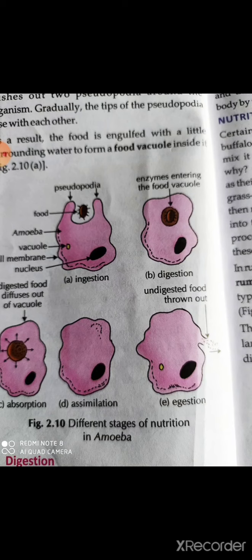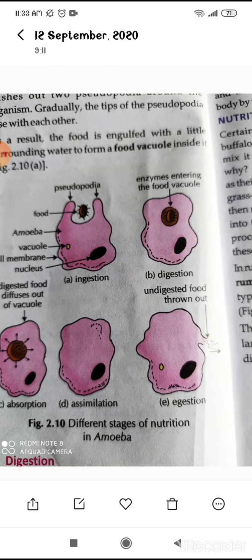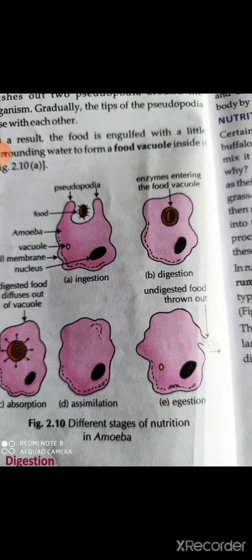Inside our body there are lots of cells, millions, billions, trillions of cells. But they are known as cells because they can't perform all these activities. Our cells cannot perform all these activities. They only assemble: cells assemble to form tissues, tissues form organs, organs form organ systems, and organ systems form the organism. In the case of amoeba, it can perform all the functions, so it is known as an organism.